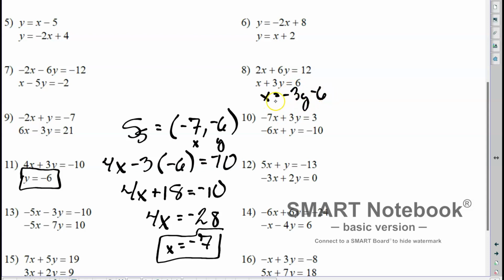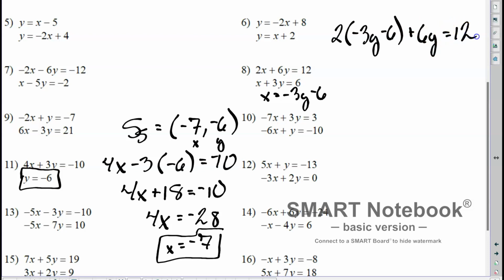So I can't box it in because I don't have a value. I have an expression but not a value for x. But I can substitute this in here. So let's go ahead and do that. Let's do 2 times, again, if I'm substituting immediately I put parentheses. That's how I communicate to you, you communicate to me, and we avoid horrible mistakes. So x is negative 3y minus 6, plus 6y